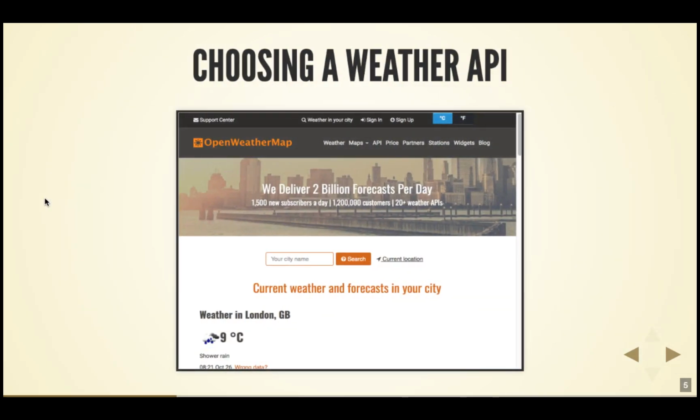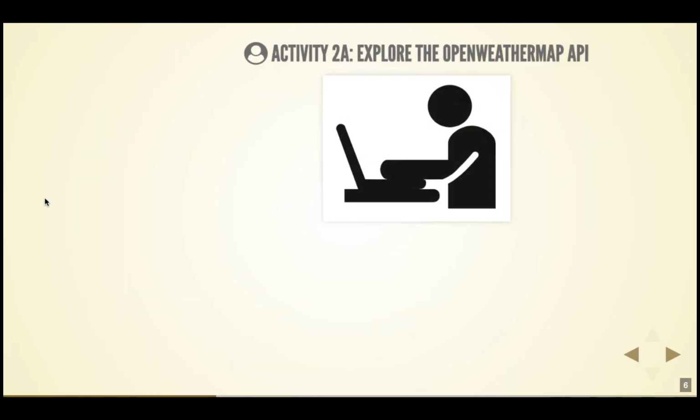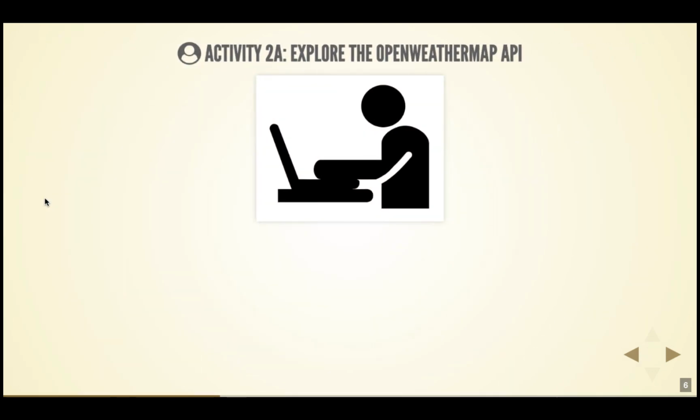How do we choose our API? Well, there's probably 20 different weather APIs, and I've chosen one called Open Weather Map that we'll use. This API is stable, it doesn't break, it tends to work, and it has people who are actually employed there. So it was good enough. Previous weather APIs I've chosen have broken and been abandoned. So, all right, first thing we're going to do,